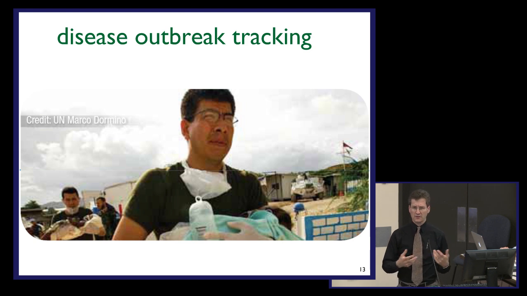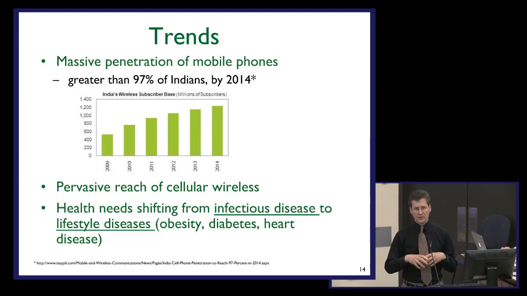And finally, epidemiological kind of things. If you're trying to understand how a disease is spreading, you can use mobile technology in the hands of workers to track incidence of disease. So those are just some examples of how mobile health technology is used and can be used in the developing